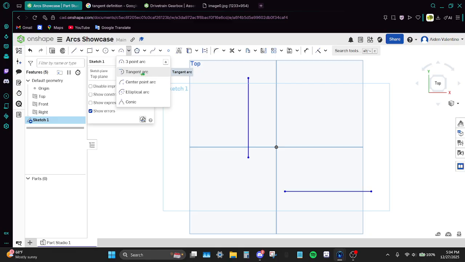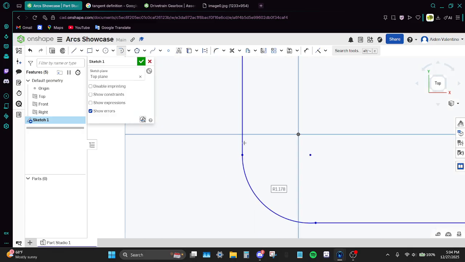The first one I'm going to start off with, super simple, is a tangent arc. A tangent arc is basically defined between 2 points. If you see our line here, this one's defined to be vertical, so it'll stay vertical, and this one's defined to be horizontal. A tangent arc makes sure it's tangent, so if I redo that and start off with a tangent arc, if I click here, it'll make sure that point that I clicked on will stay,